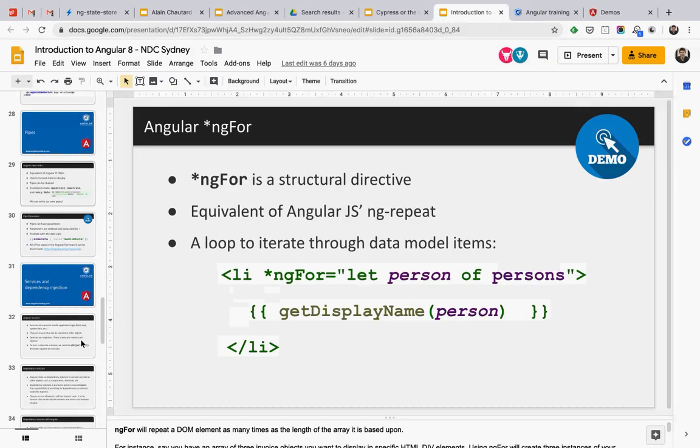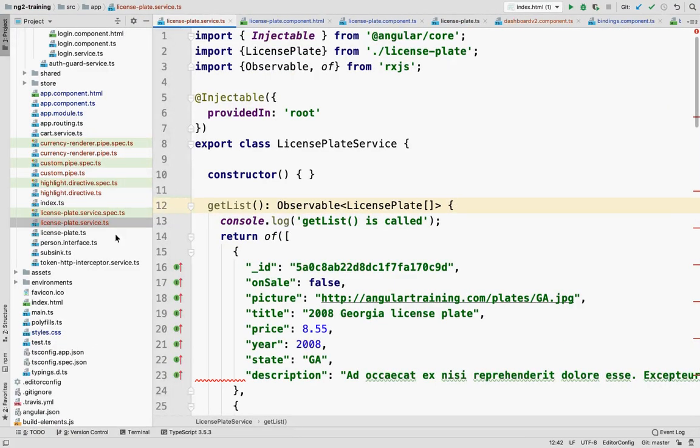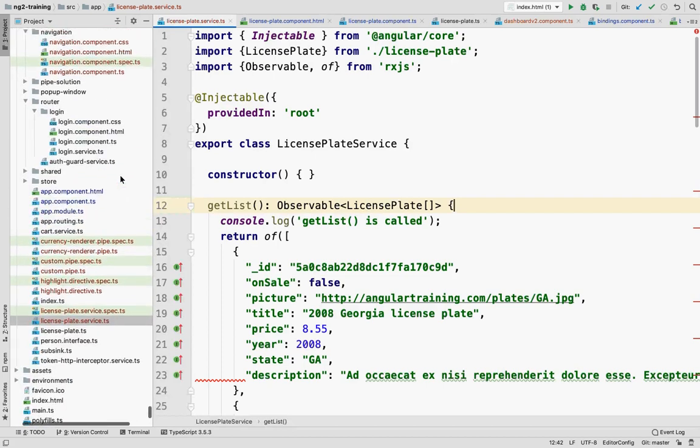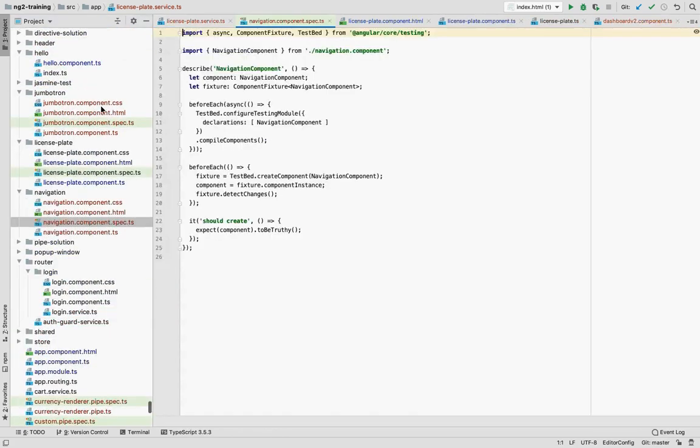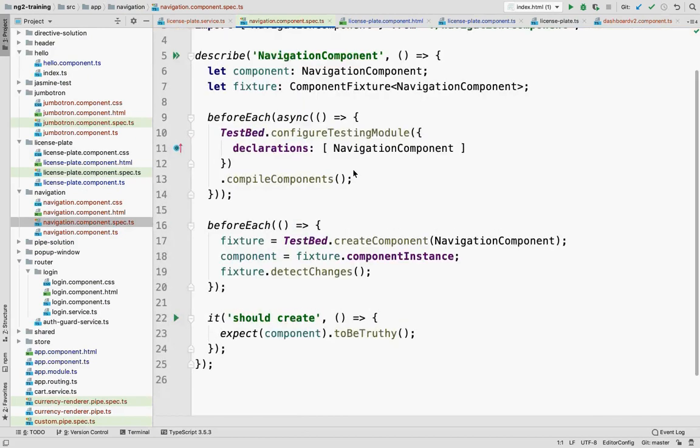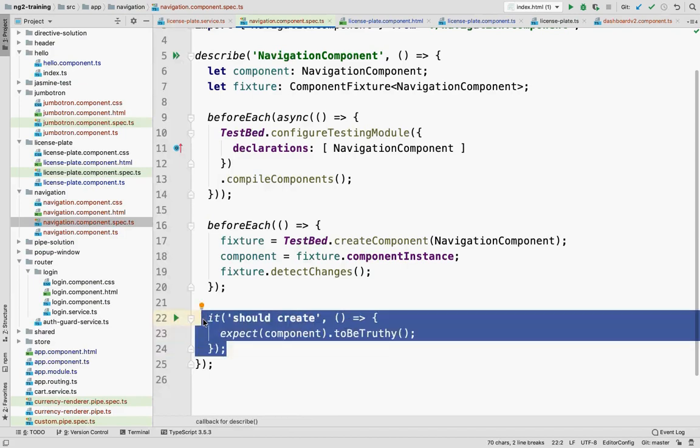Yeah. On the CLI there, where it generated those component files, what's the spec file? So that's a sample unit test. Every time we create a new component or anything with Angular CLI, it gives us a sample unit test to test that component. So just to help us write more tests, they generate the default structure for it. Even if this one doesn't really do anything, it just makes sure that the component exists, basically. Expect component to be truthy, which doesn't really do much. But you have the structure, so now you could start checking that the component displays the right information and that kind of thing.